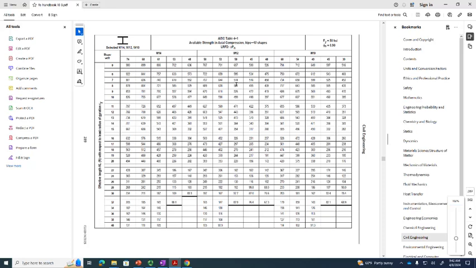Look at this one. This is table 4-1, okay? It doesn't look the same because, again, everything's just LRFD, but here's your W14 sections, here's your W12 sections, here's your W10 sections, okay? And again, it's just the blue numbers, that's why there's no shading. So, again, it's all here, okay?